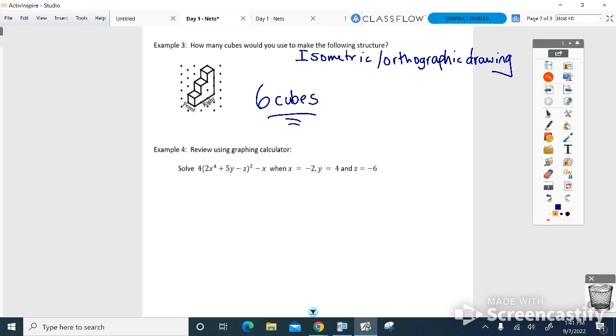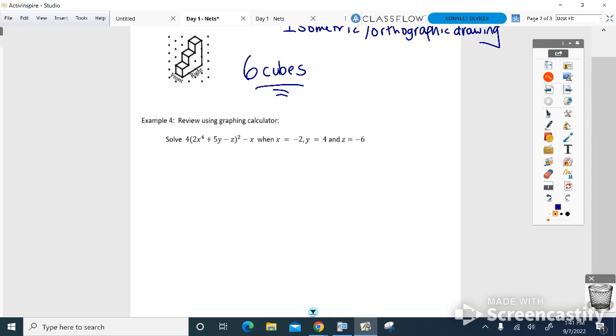Okay, 6 cubes. All right, before we get to our game, I want to show you something on your calculator, a little trick, to make sure that you never ever get one of these problems wrong, because these are tricky. You've probably seen these substitution problems before back in algebra last year in the middle school, where anywhere I see an x, I plug in